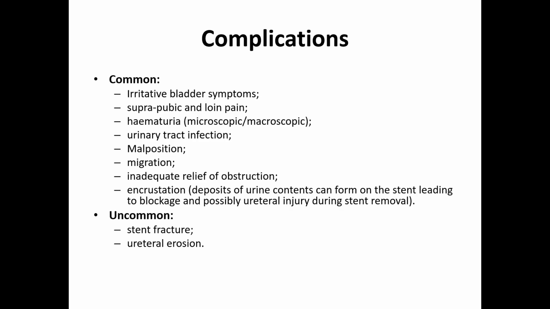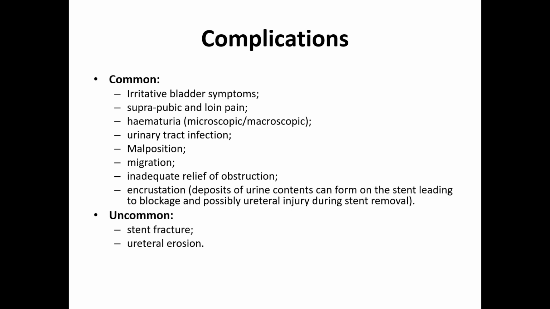Common complications of stenting: the stent irritates the trigone, and the patient comes to you with irritative bladder symptoms like urgency, frequency, dysuria, suprapubic pain and loin pain. Why suprapubic pain? Because whenever the patient urinates, some of the urine will go back to the kidney because the valve has been bypassed by the stent. Hematuria, all due to irritation of the mucosa